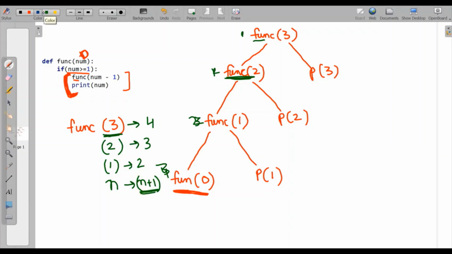Let's see how this recursion works and what the output will be. In order to analyze this, we need a stack, so let's draw a stack. A stack works on first in, last out. We have a separate playlist for data structures and algorithms also.